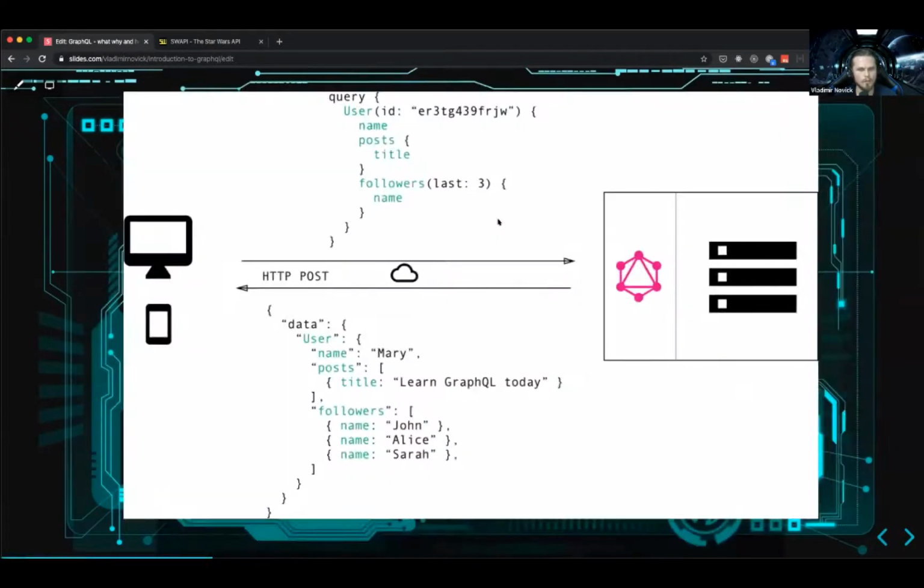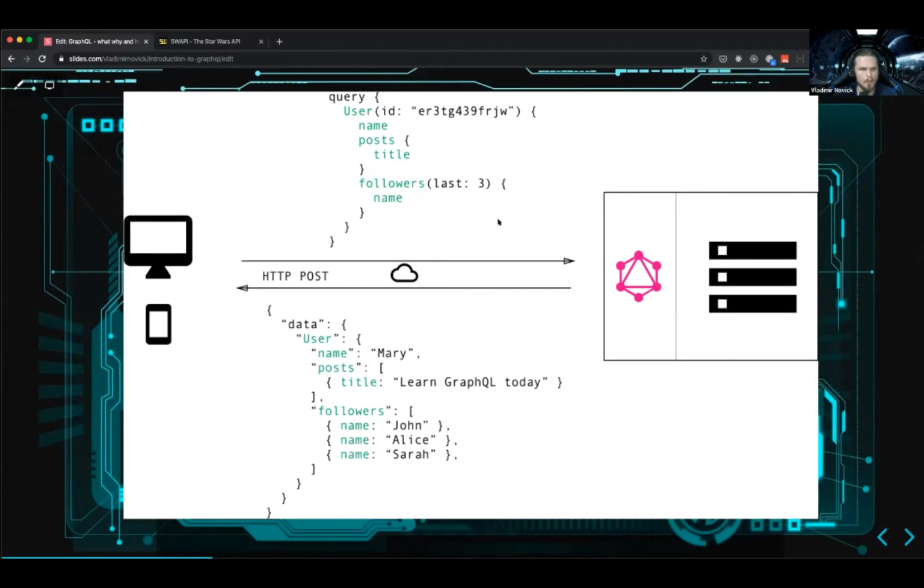Now GraphQL says the following: you have just one endpoint. Just one endpoint with a POST request, and you send the data. You send it in a specific form, in a specific query language, and I will walk you through this domain specific language.